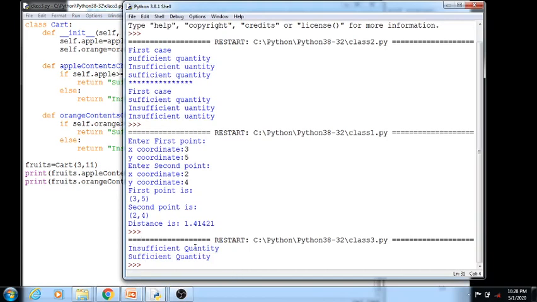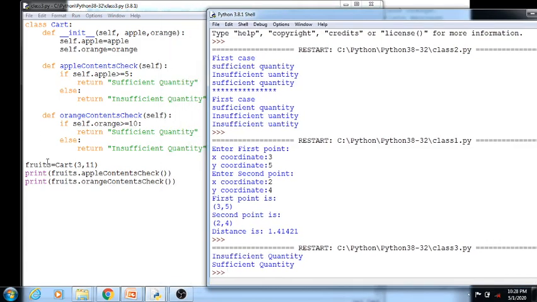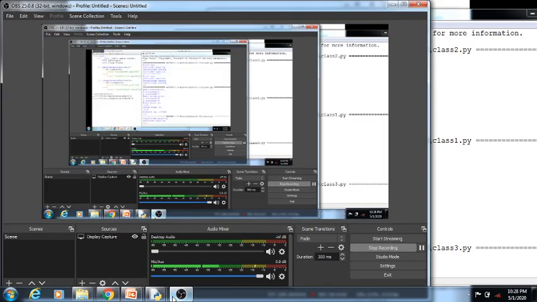See the output here, insufficient quantity, sufficient quantity. What are the values we have taken? 3 comma 11. So what apple content do we need to have? Self dot apple greater than or equal to 5. It must be more than 5. So it is displaying insufficient. But for orange, it is displaying sufficient quantity because it is 11. More than 10 is the condition here. Since it is 11, it is displaying the sufficient quantity. Okay, so the rest of the examples we will see in the next